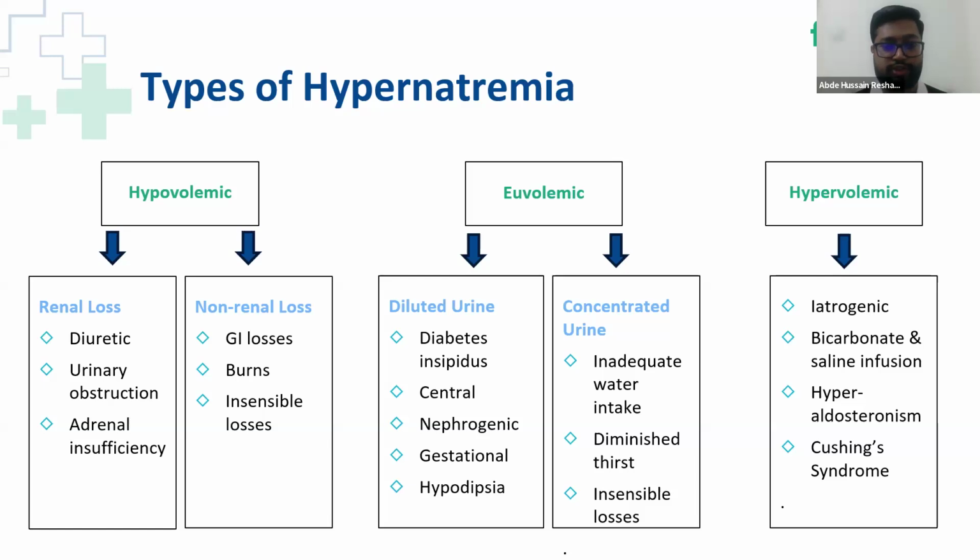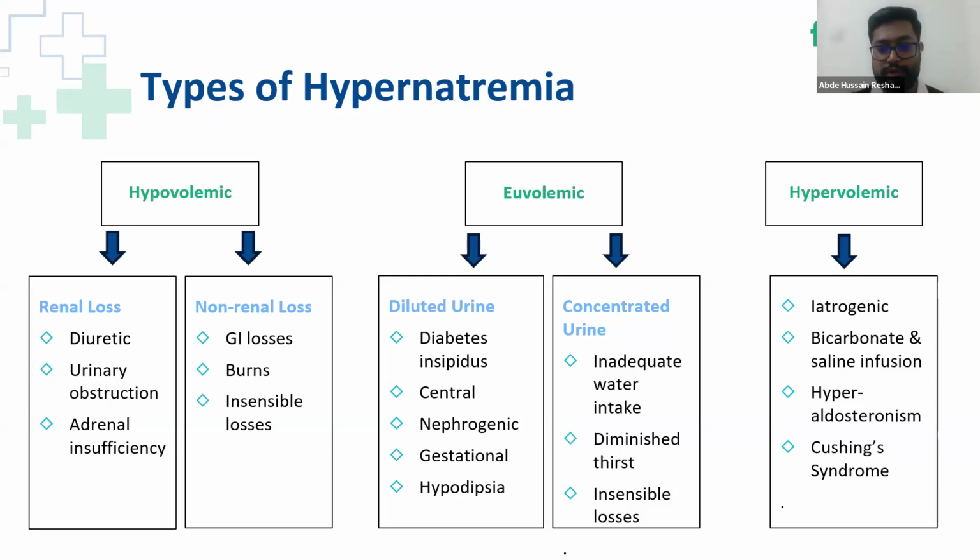It could not be too much water loss, but in cases like central DI, we can see a lot of urine getting produced. So different in the diluted urine, we can see diabetes insipidus: central DI, nephrogenic DI, a gestational DI. Very common changes. There are so many physiologic changes in the pregnant woman, so that can also lead to this